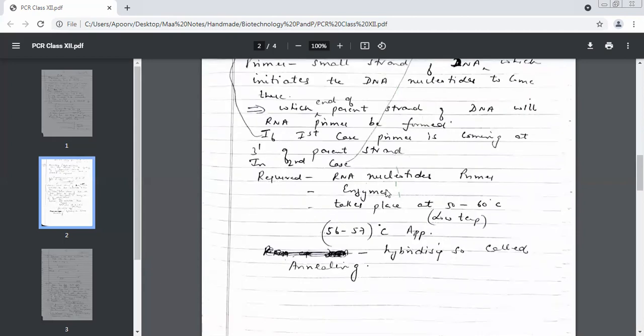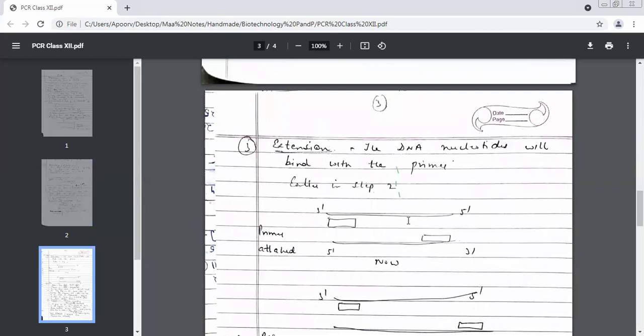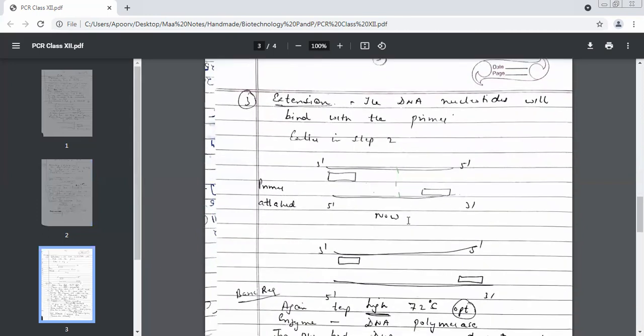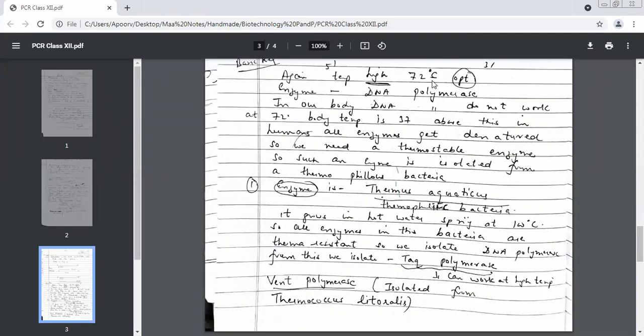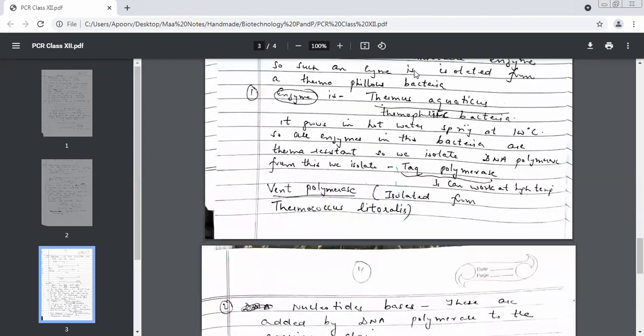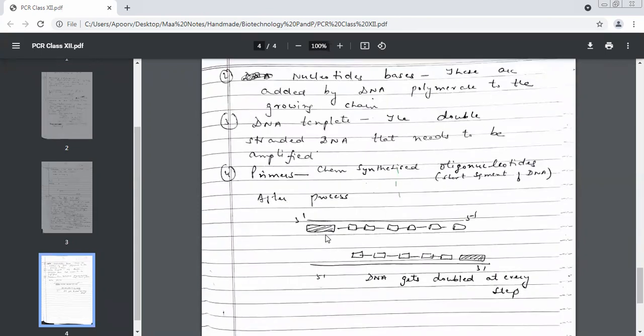What is required is a primer and enzymes, and it takes place at a comparatively low temperature, 56 to 57 degrees. What is the last step in PCR? Extension. See beta, the second strand has to be extended now. We need to make it longer. This was your primer over here. Now we need high temperature for this, 72 degrees Celsius. But this enzyme has to work at this temperature. So we generally extract this enzyme from bacteria which are stable to temperature.